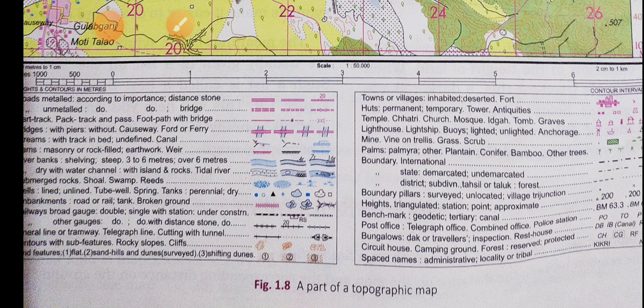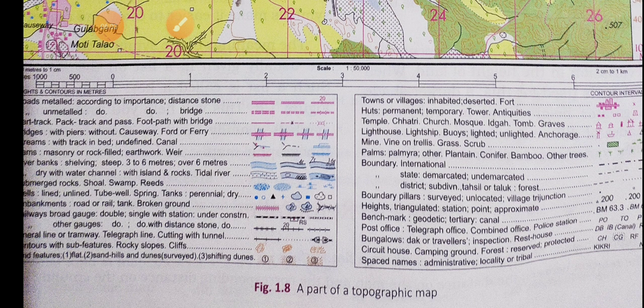Okay, and many things we learned in the lesson. We learned about maps. It is a representation of any area of the earth's surface on a flat surface, isn't it? And what is a scale? It is a relation between the distance on the map and the corresponding distance on the ground. Then we learned about the topographic maps. In the topographic map we can see the man-made things and natural things. Next we learned about grid, a net of lines that form cells like in a graph paper, that is called a grid.